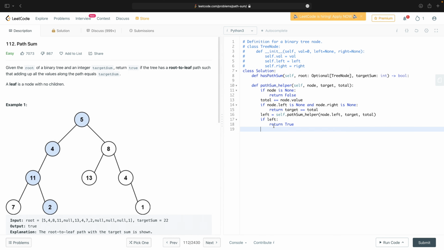So here the idea is the recursion. Well, basically the 5 alone isn't a leaf. So I'm going to go down the left, and if there's a way to make it down here, then I know there's a way to make it from here. So that's good. Else return